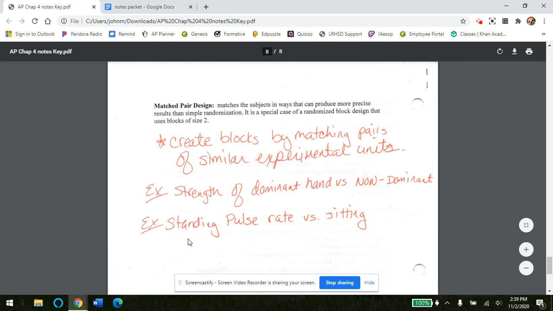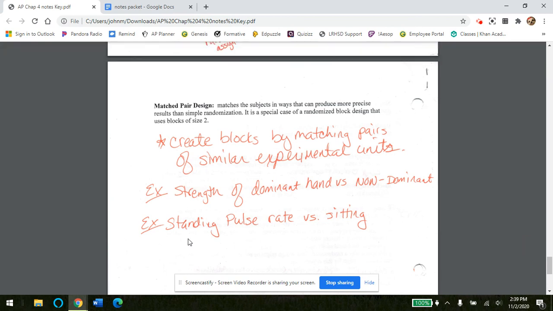All right. Another one would be your standing pulse rate versus your sitting pulse rate. When you're standing, your body is using more energy than when you're sitting. So compare them. Are they the same or are they not the same? All right. 50 people, you'd have 50 layers because you would never compare my pulse rate to Sabrina's pulse rate. That doesn't make sense. Like my standing versus her sitting. It'd be my standing versus my sitting, compare them, and her standing versus her sitting,